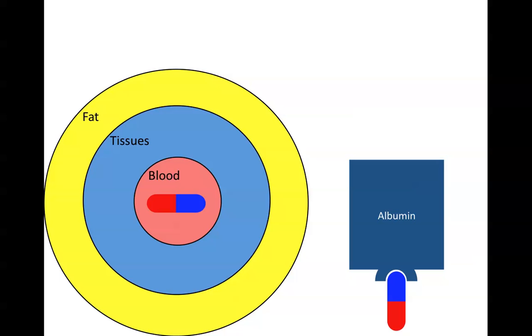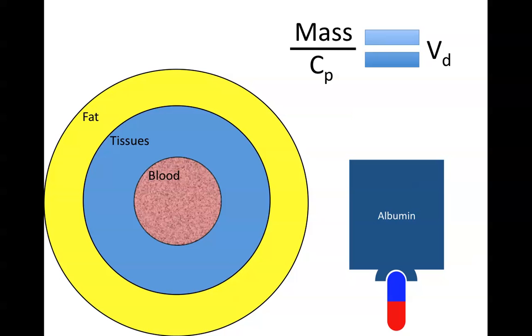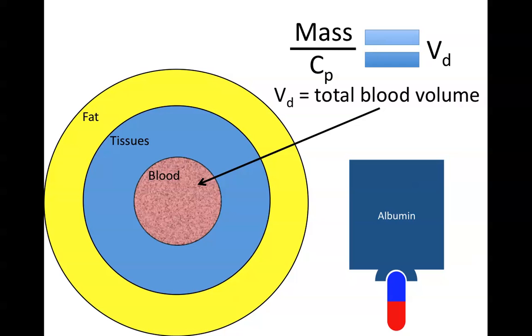which means that if the drug 100% binds to albumin, when the drug is dissolved, it'll only be in the blood, because albumin is only in the blood, and the albumin will bind all of the drug. So going back to our equation for volume of distribution, you know how much mass was given, and you can measure the plasma concentration, and you'll get a volume of distribution, which is just going to be the total blood